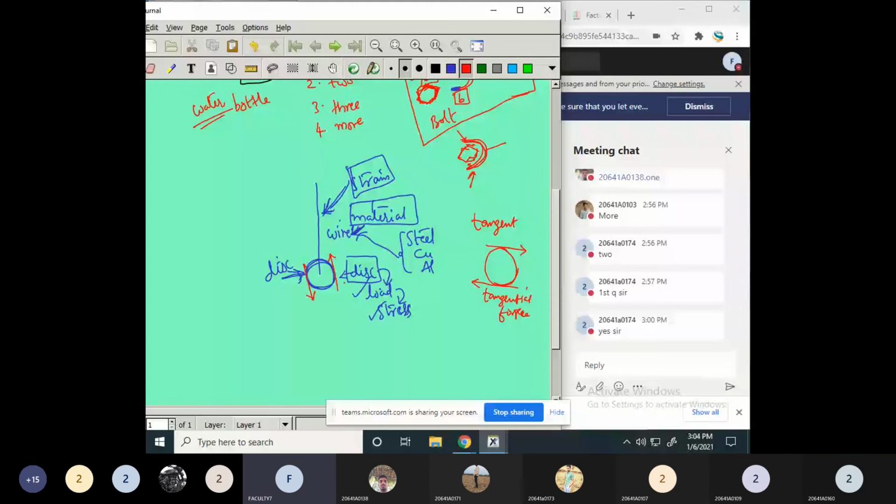Now the same thing here, you are applying two equal and opposite forces. Both are equal, but they are opposite. Due to this, what can you expect? You mark a dot here at equilibrium, without application of the force. And if you apply the force, you will find the dot moving somewhere here, less than 45 degrees. The dot has moved.